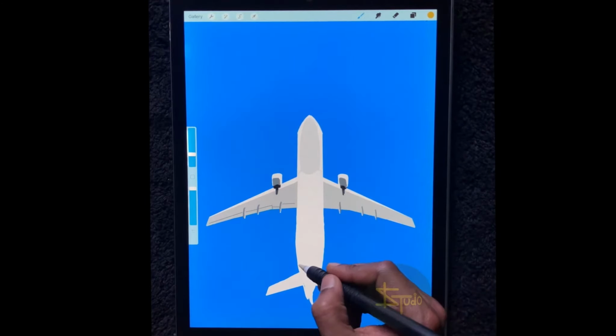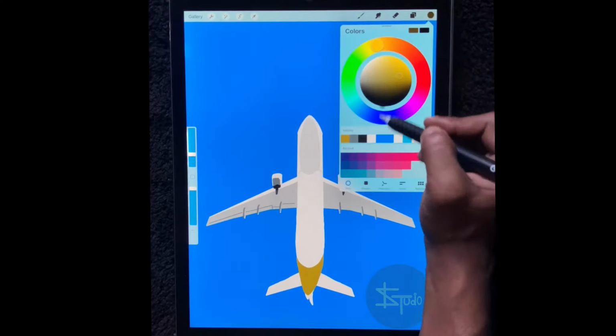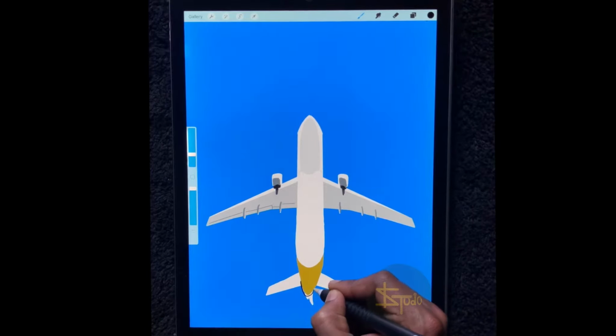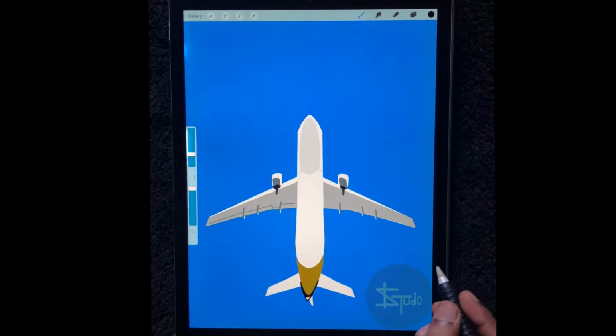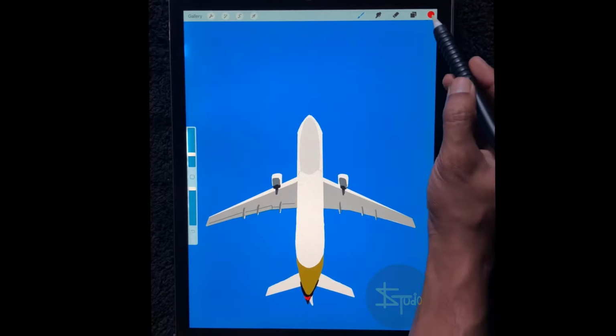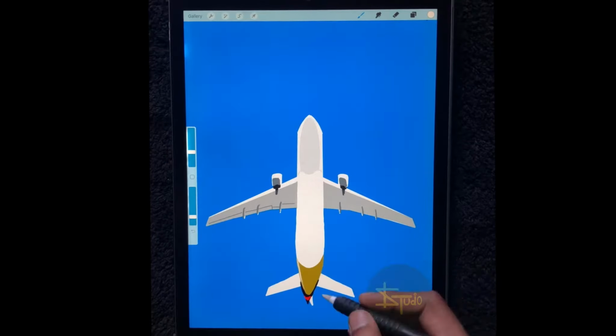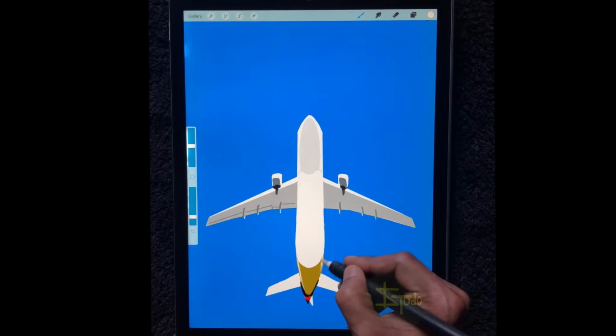But one thing you must remember, use a different layer for different drawings. There are lots of examples in this drawing. You can see the shadow of the plane, just using a different layer, copy it, paste it to another layer, drag it and flip it. So it's so easy.